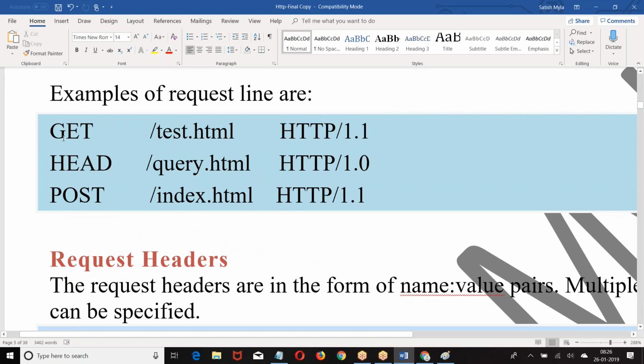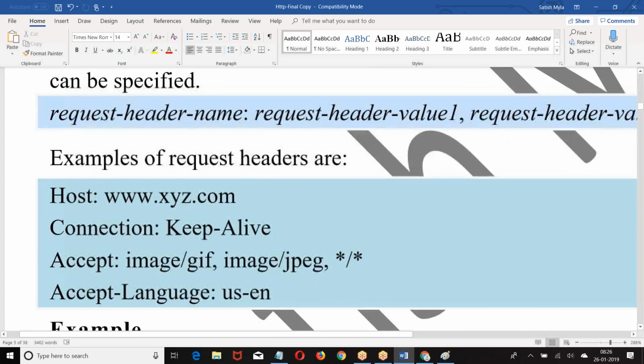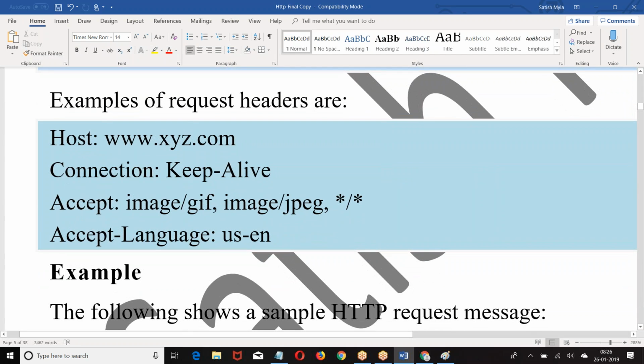It is saying what method, what is the path of the resource, protocol, version of the protocol. Okay. Let us go to the next one. Second line, what is the second line? Host name. That is a path. The path is in which server? I told I require my file in integration nodes. But in which host? So the second line is what? Host. Then it is going to specify remaining parameters.